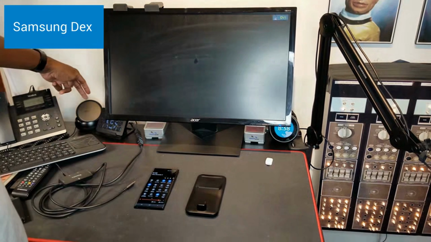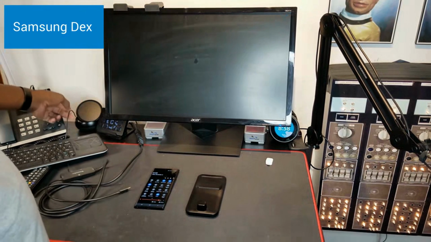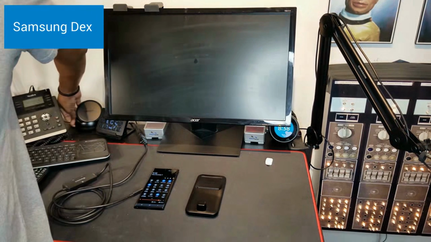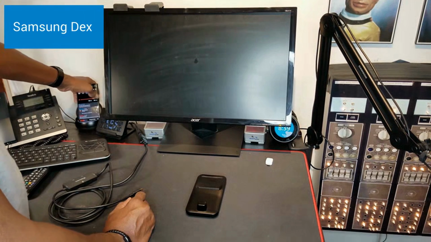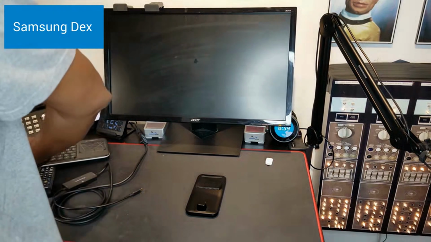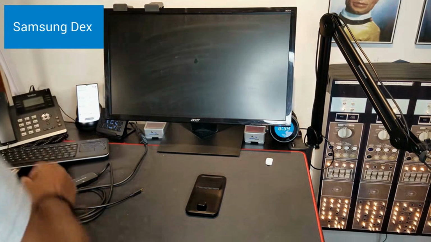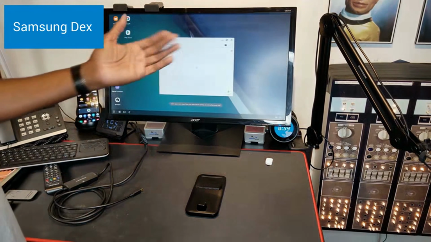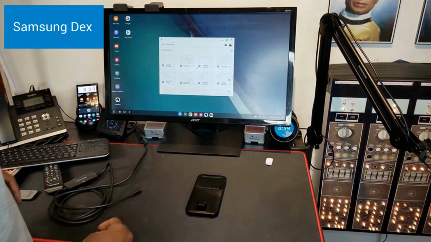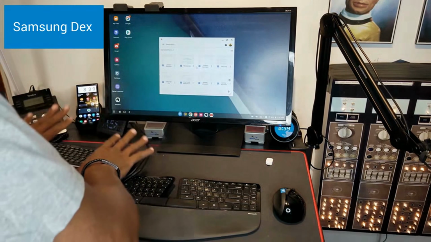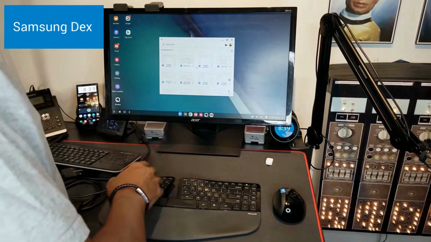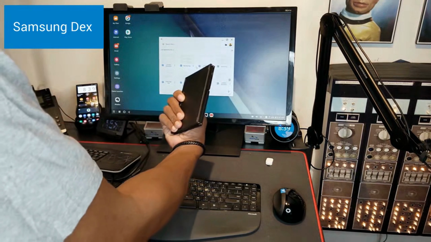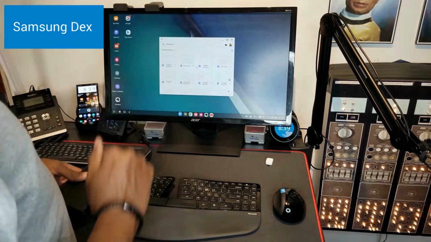Or you can go with the very first Samsung DeX dock. You just plug that in, keeps it in the upright position. And after about 30 seconds, boom, there you go, you're all set. I also said you didn't even need the cable. If you have a Samsung TV, you don't even need the cable. We can do it with just a Bluetooth keyboard. Let me show you how that works.